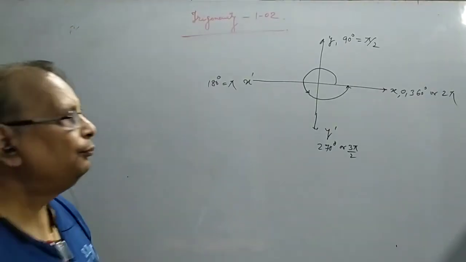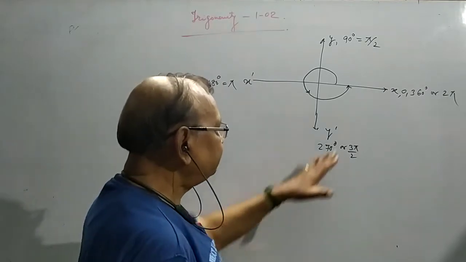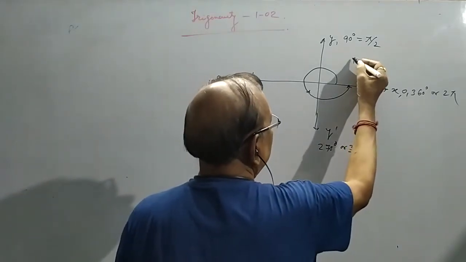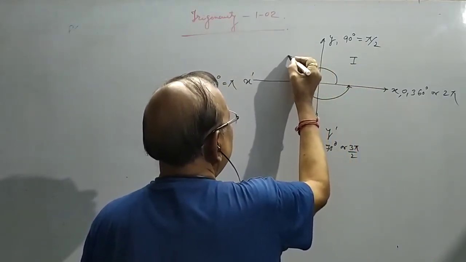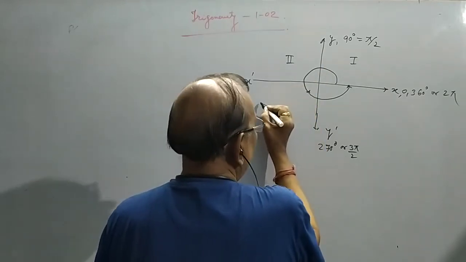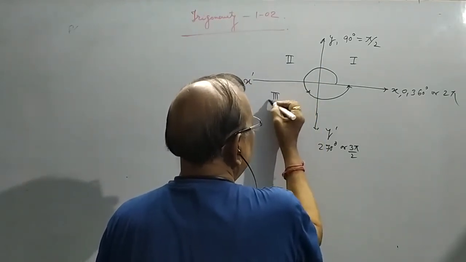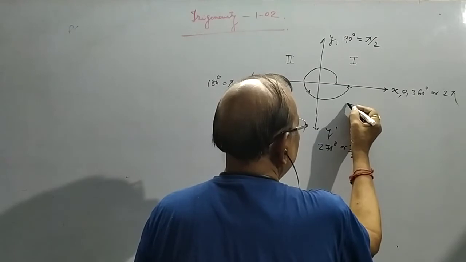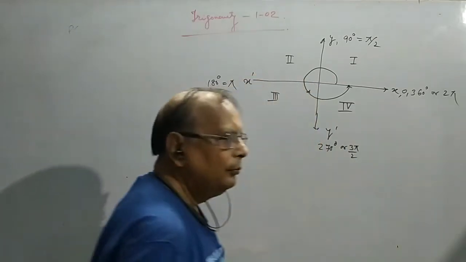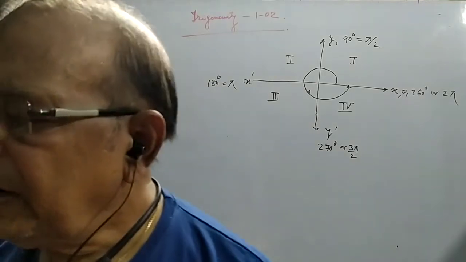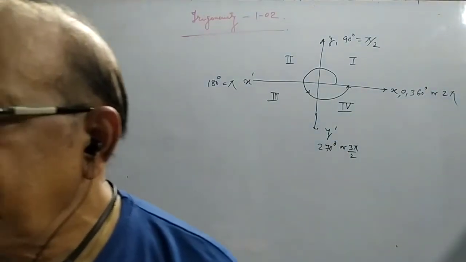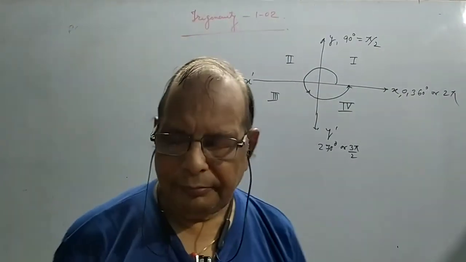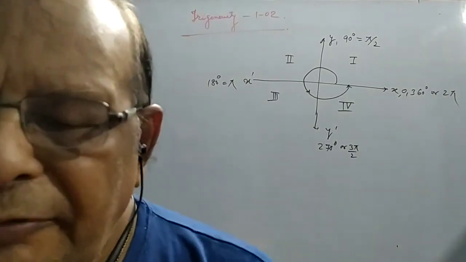There are 4 quadrants. It is very clear. Angle between 0 and 90 degree lies in first quadrant. Between 90 and 180 in second quadrant. 180 and 270 degree third quadrant, and 270 and 360 degree in fourth quadrant. Now, there are different signs for different trigonometrical ratio and different quadrants. In first quadrant, that is universal. All trigonometrical ratio have positive sign.